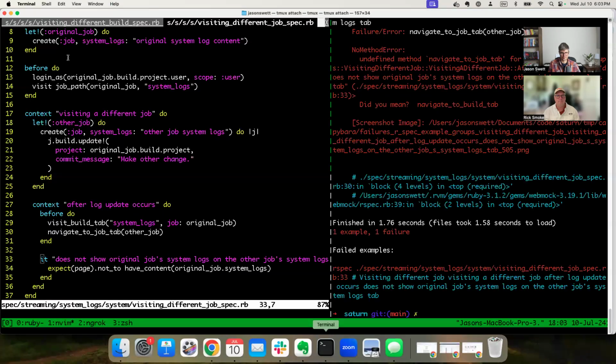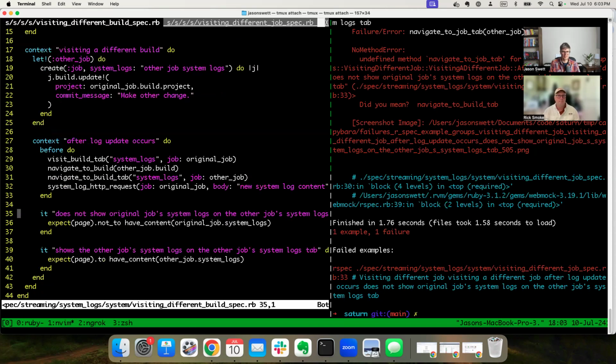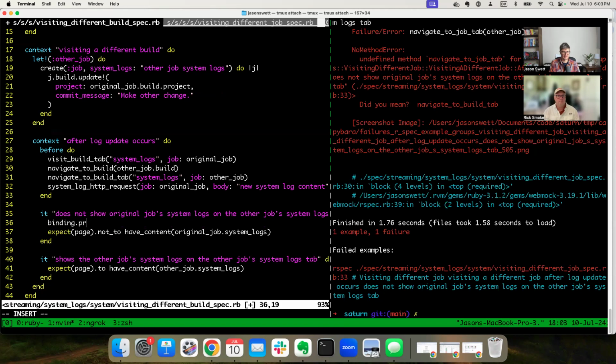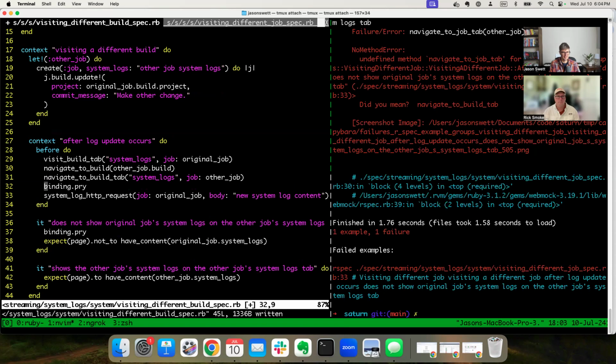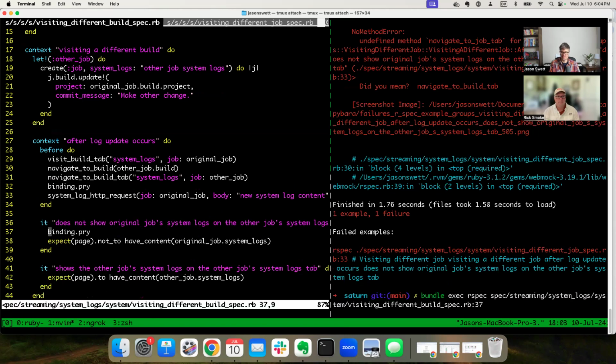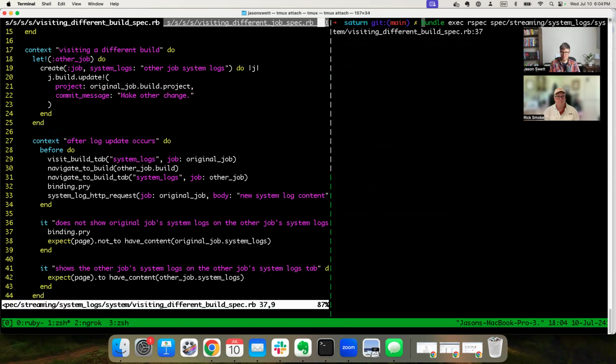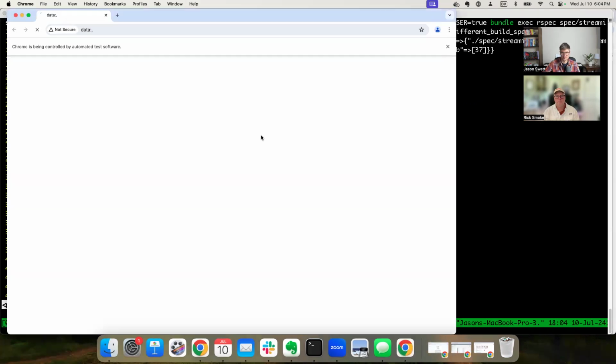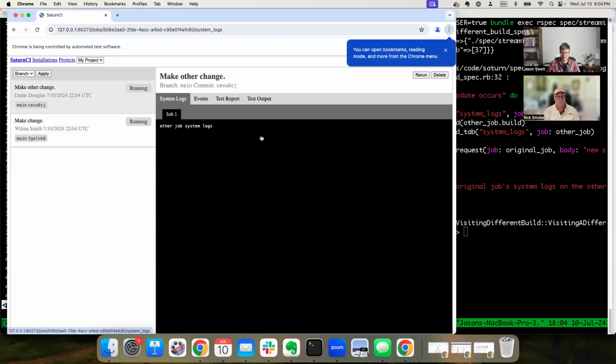Let's see, share screen. Okay, so maybe a good way to do this will be to run the test in a browser and let you see it. Okay, line 37 here. Okay, so there was a bug